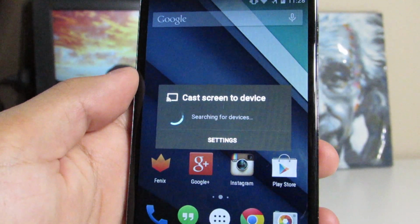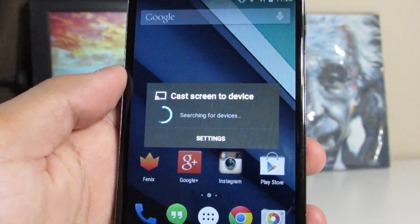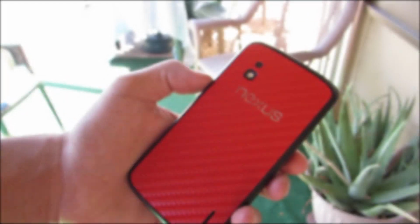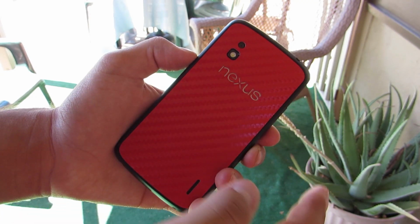So it seems to work sometimes, and then other times it either doesn't want to find it or the buttons go missing and you've got to reboot. But that is sort of an issue right now. Another bug, I guess you could say, which is the reason why I couldn't use this as my daily driver,